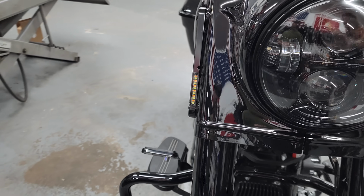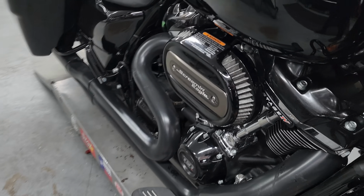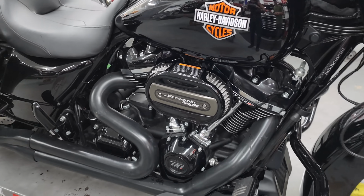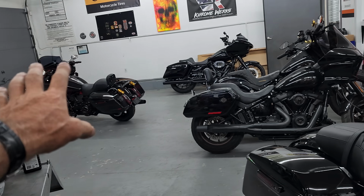Both Milwaukee 8s? Yes, but that's the new improved one. It's like the second gen head, I guess you could call it. It's almost good and bad news. Good news that we're putting down 128 horse, but bad news is there's not a big upgrade path to do